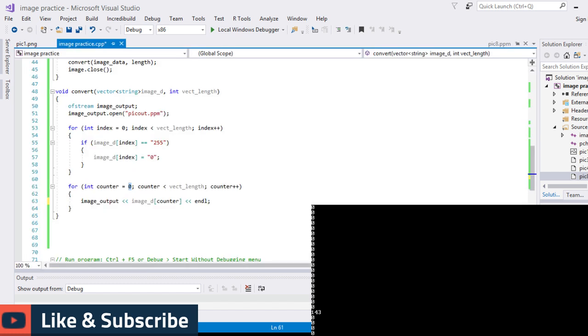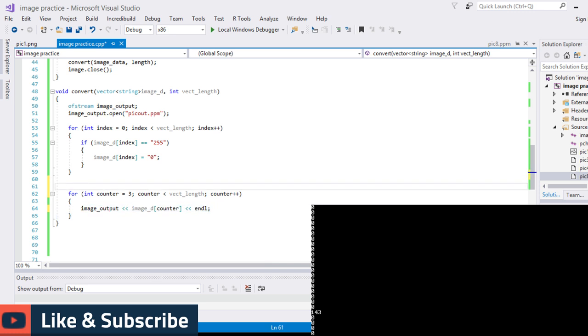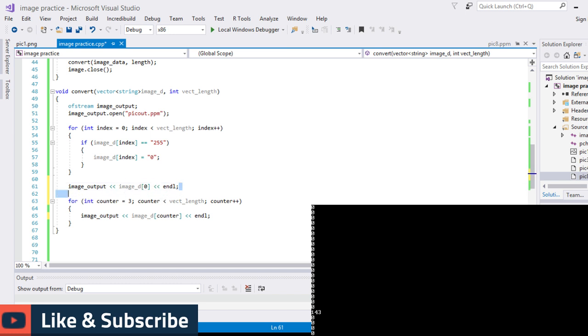So we should start at 3. End line. Hopefully the end line does something. Well, it's gonna do something. What am I talking about? Paste that. 0. We're gonna have to copy this. This is gonna be sloppy, but